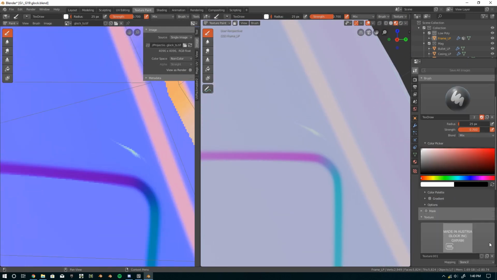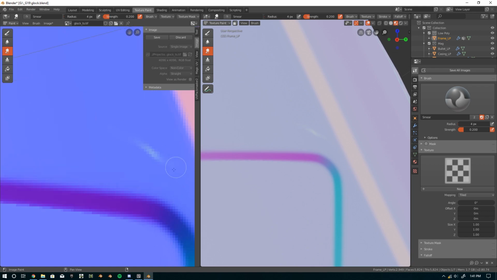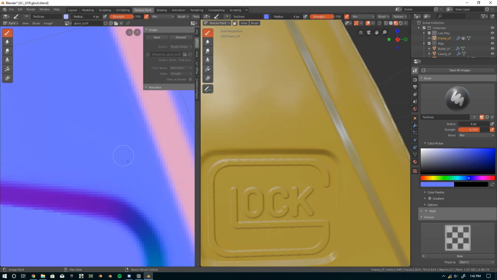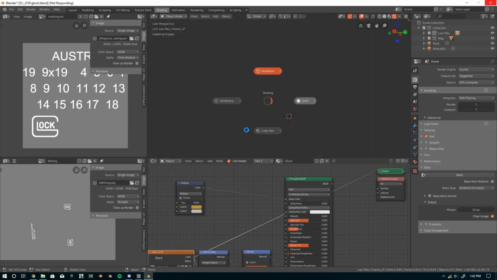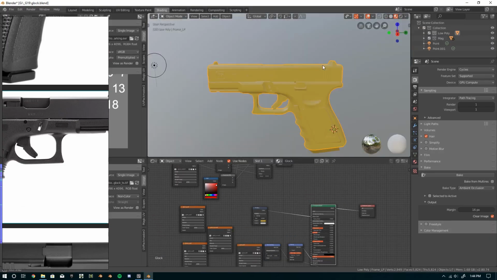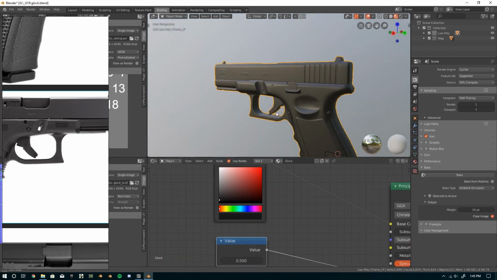So now I'm just going to touch up this one normal map error that I found. It's really not that hard, just take your smudge brush, you can do it right within Blender, and smudge all those colors around it till it kind of disappears. I didn't fully clean it up, but you can't tell, so it doesn't matter in the end,